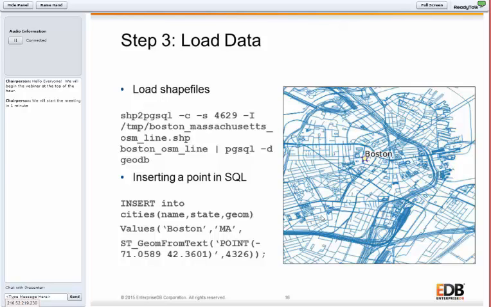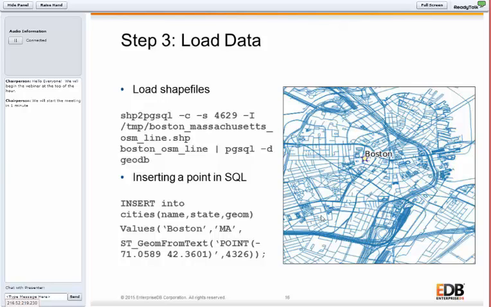Loading data is not a big task here with PostGIS. If we need to load Esri shapefiles, we can use the shp2pgsql binary that's included. You'll find it in the PostgreSQL bin directory after the installation. So we can do this on the database server. We can issue this command, or we could run this on our local machine and just point to a different host. So we do shp2pgsql, and there's a bunch of different options. If you want to see them all with a brief description, you can simply type shp2pgsql -H, and that'll show you the help.